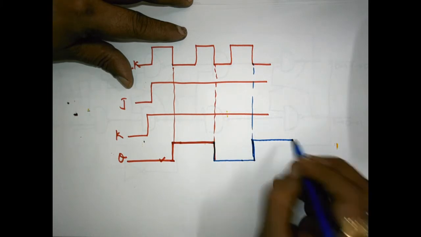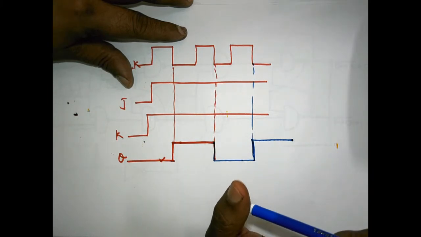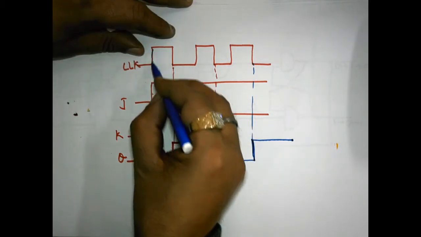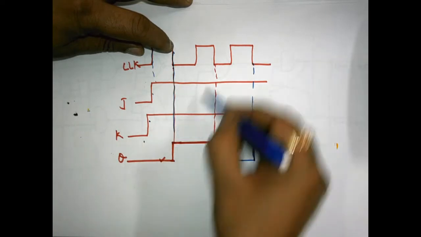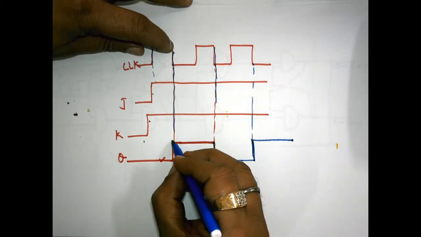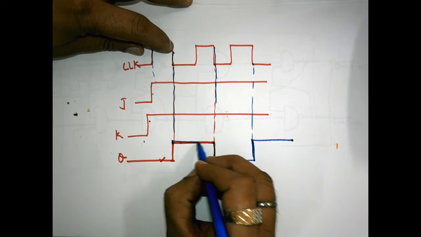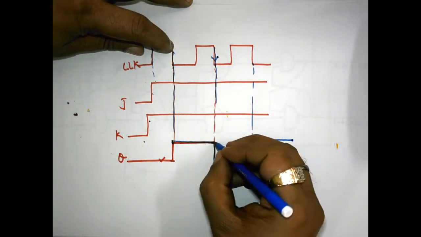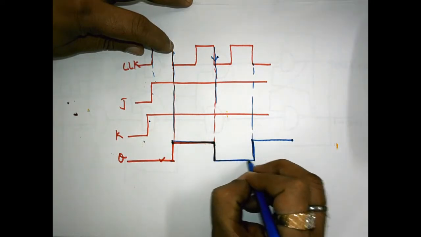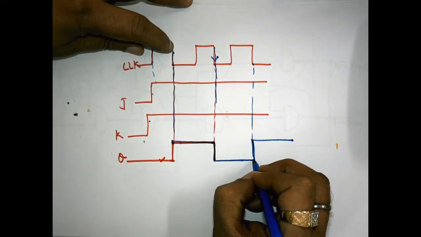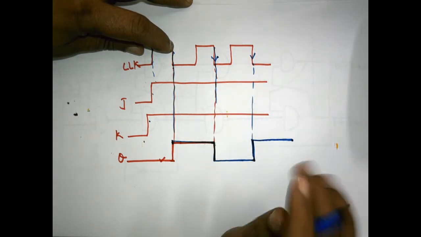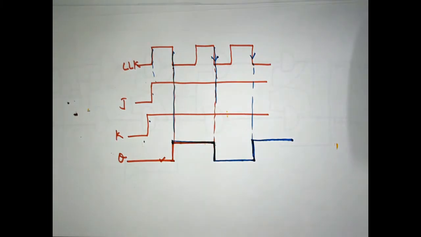So this is the action of the T flip flop. J and K both are 1. On the occurrence of one clock edge, the output changes its state, and it remains until the occurrence of the next edge. And on the occurrence of the next edge, it changes its state and remains in the same state until the occurrence of the next edge. Now you see, this phenomenon is observed in the master slave JK flip flop